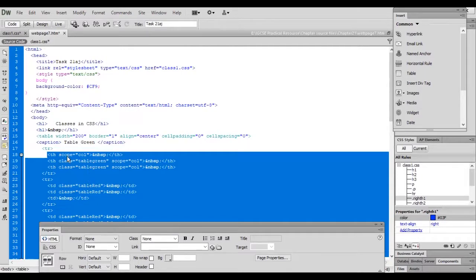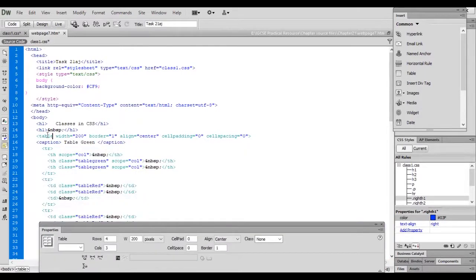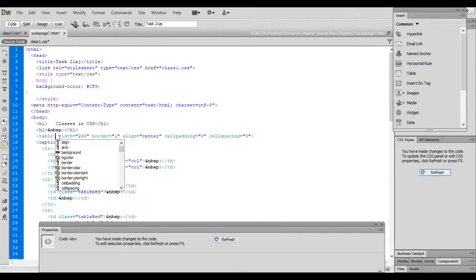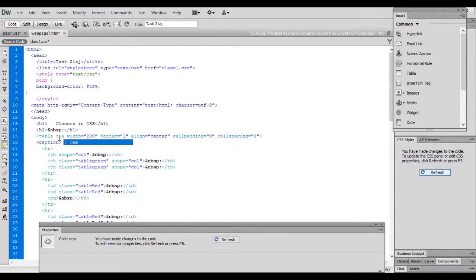So this is my table, where my table begins with this tag. So use a class, the same class which I have recently defined. So class, and select color green.